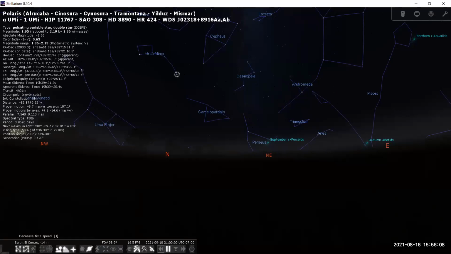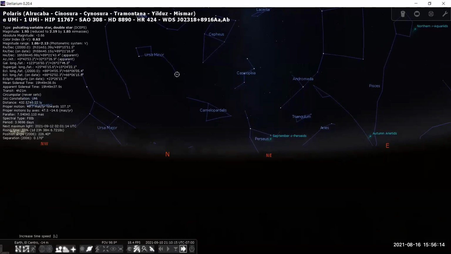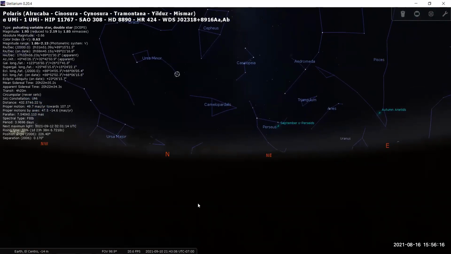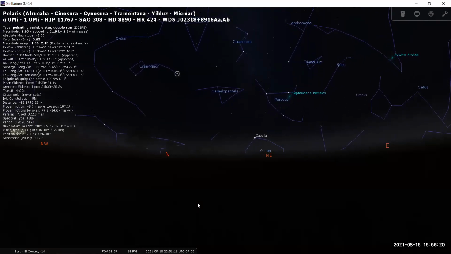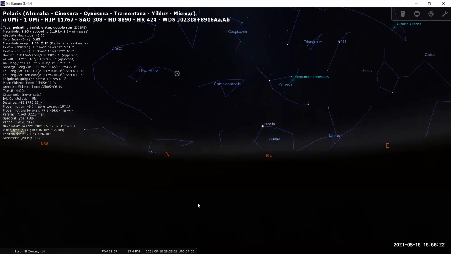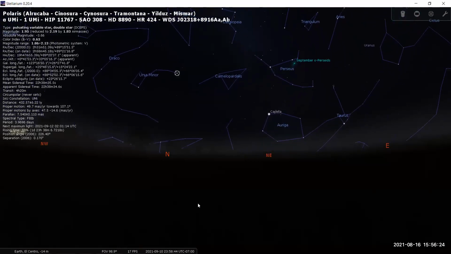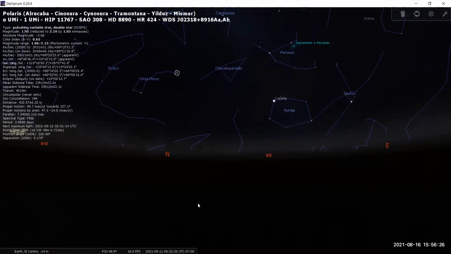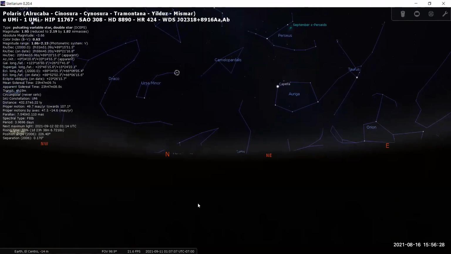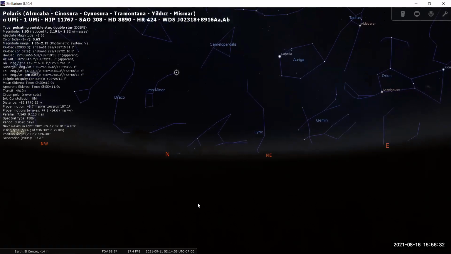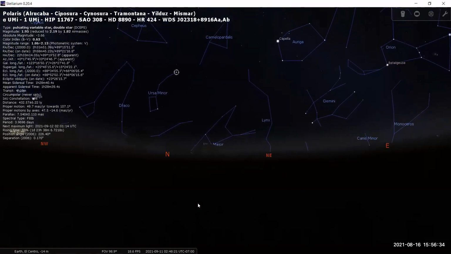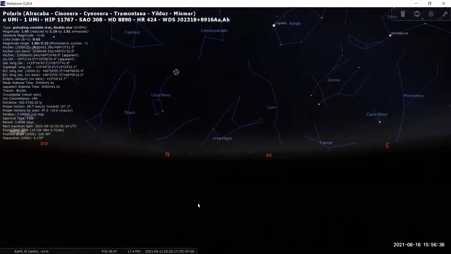Let me go in here and start the time and make it go faster. And you will see the sky moving before your eyes, because we're not waiting for a second to go by as a second. The entire sky looks like it's moving, the entire dome, where Polaris is not moving. That's the northern star, okay? And everything goes around it in this fashion.